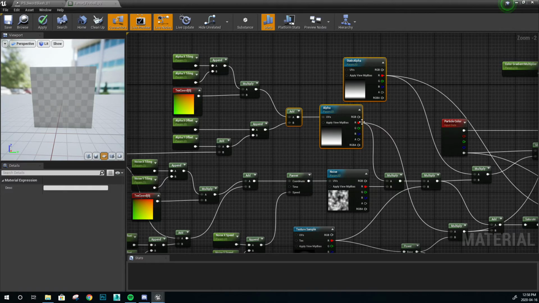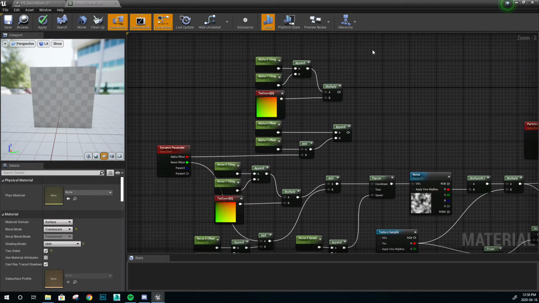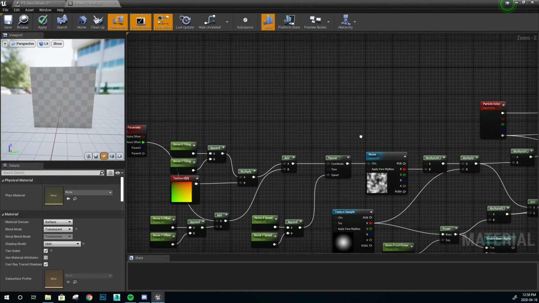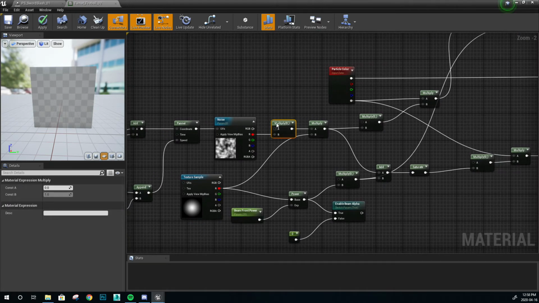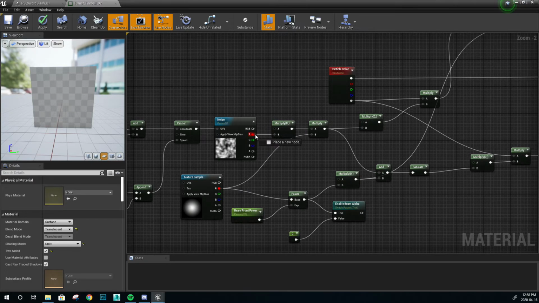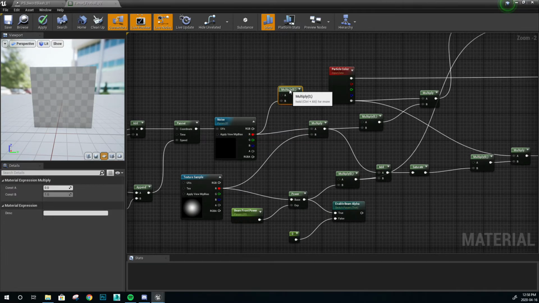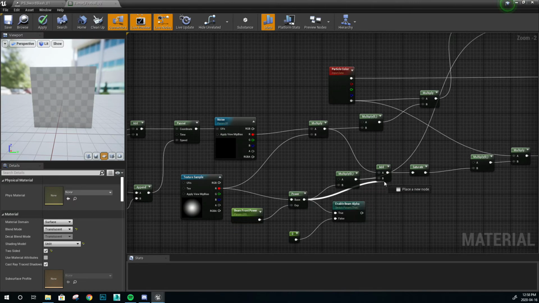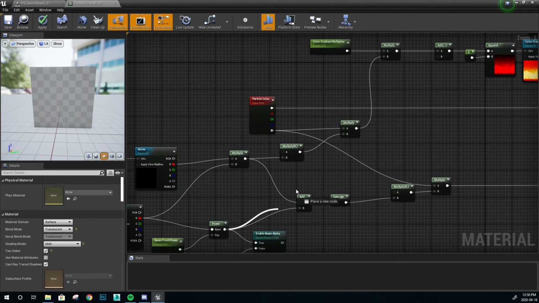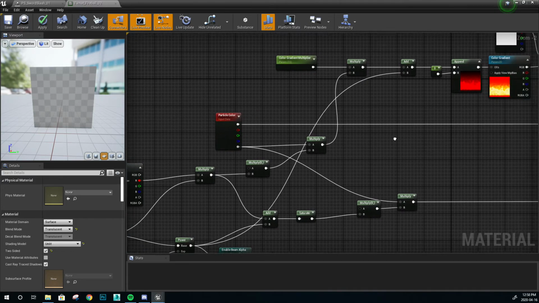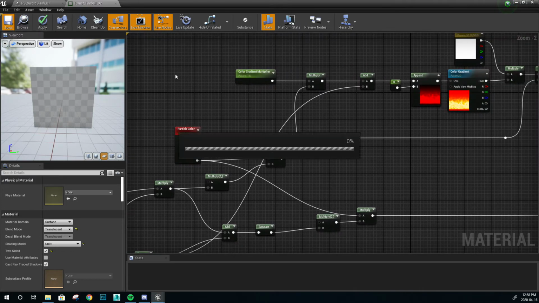We actually don't need them. We're not gonna swipe anything across it, so we can delete all of this. Now, of course, you have to be careful wherever you have a multiply by zero. Multiply by zero gives you something completely black, so you want to get rid of these and just bypass them like such. If I click save,